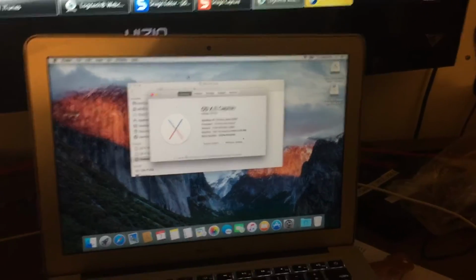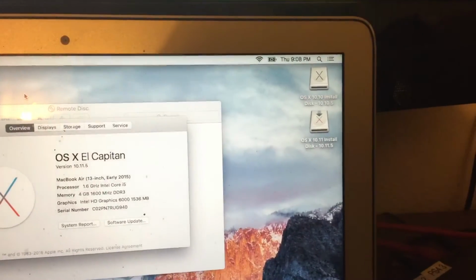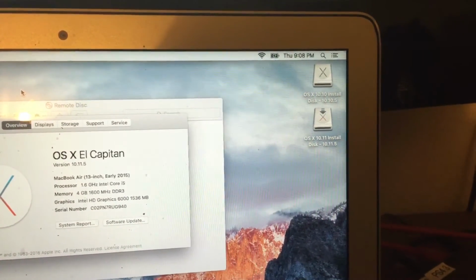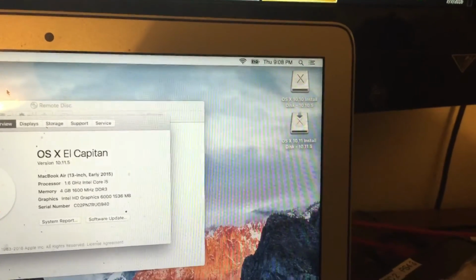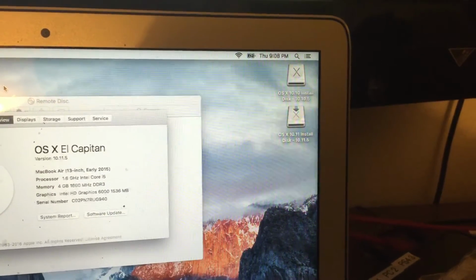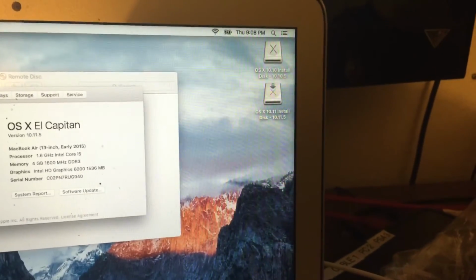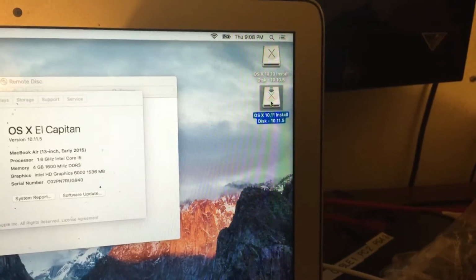there we go. As you can see up in the corner over here, you see 10.10 install disk, 10.11 install disk. So if you wanted to do an in-place upgrade, let's say we want to upgrade to 10.11.5, you would double click on this icon